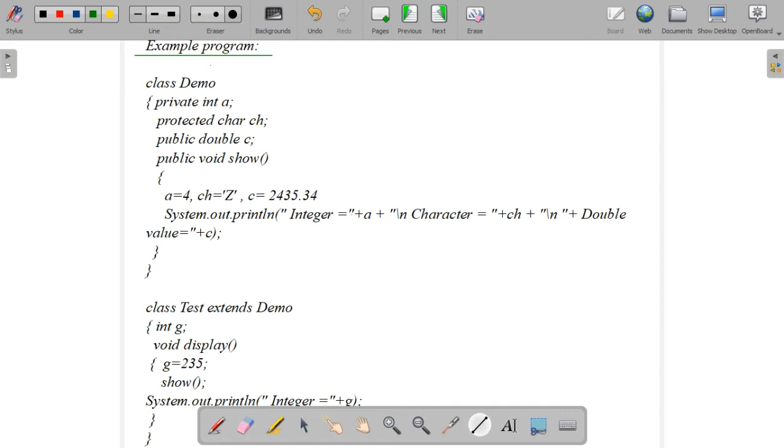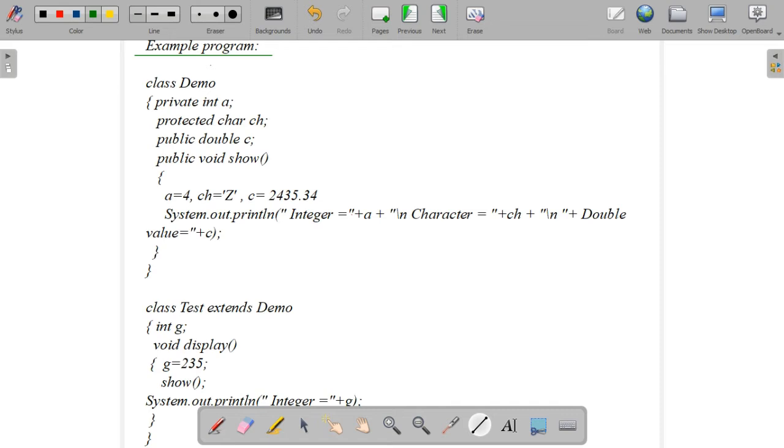You know which keyword we use to inherit a class. Yes, class inheritance means one class deriving the properties of another class. Then the subclass and superclass will be there.